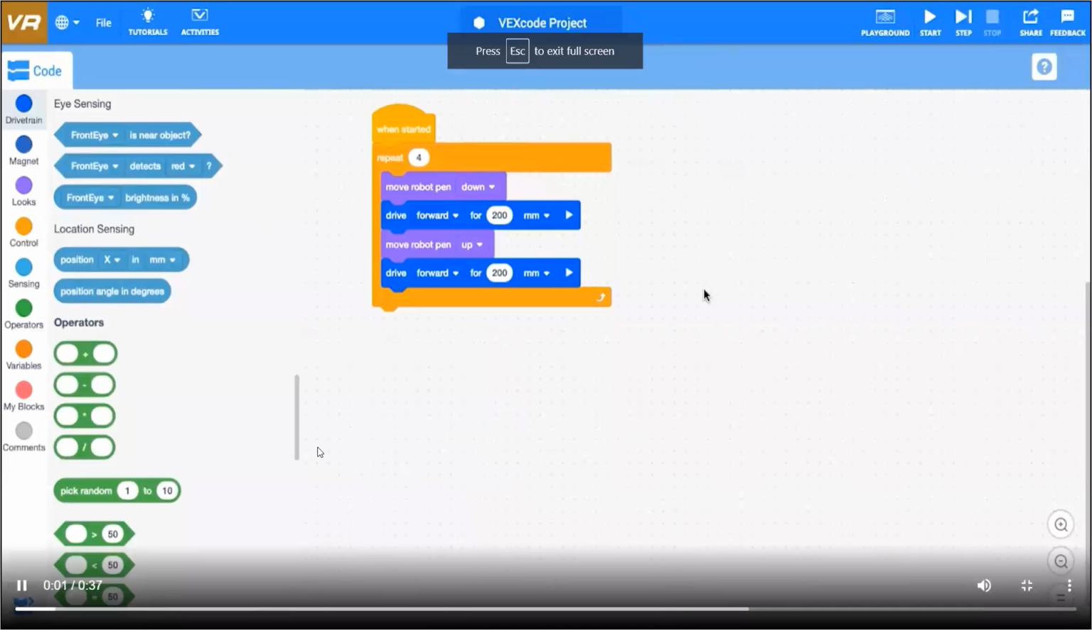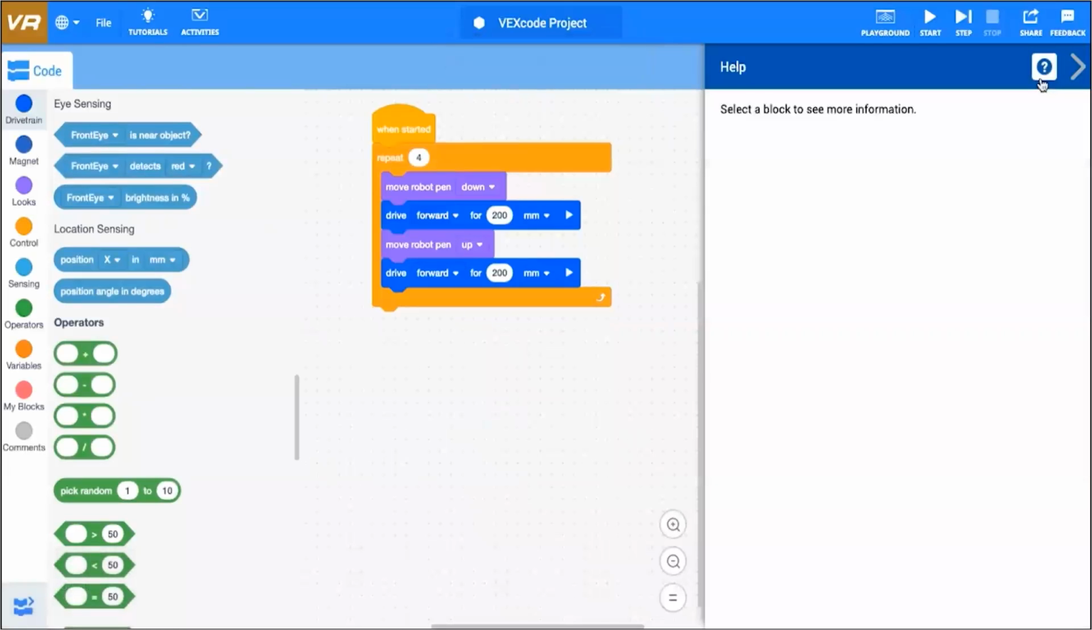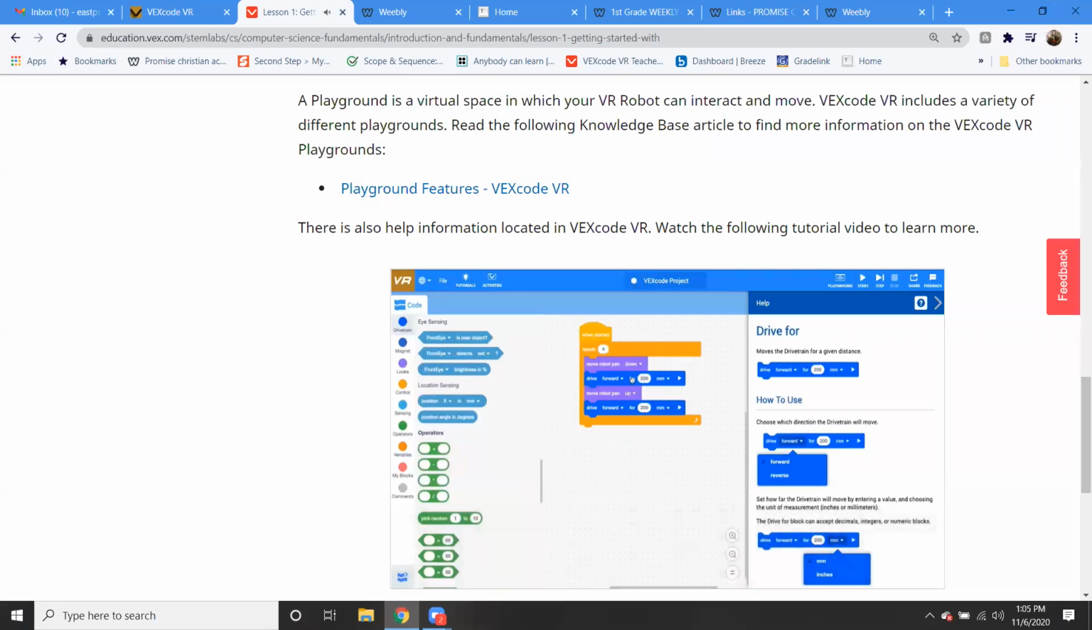VEX Code VR contains helpful information about every block. First, open the help window by selecting the question mark icon. Next, choose a block you would like to learn more about by